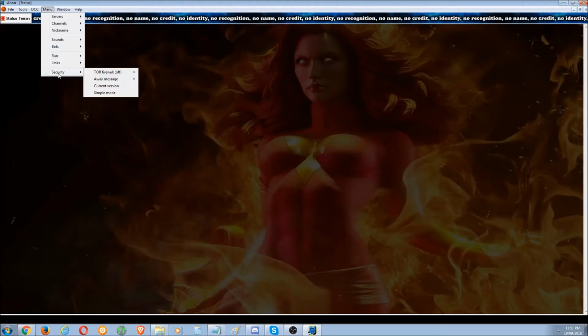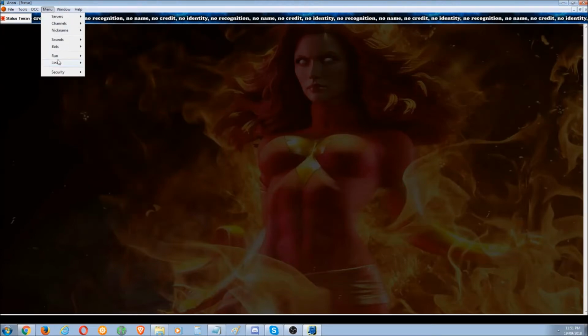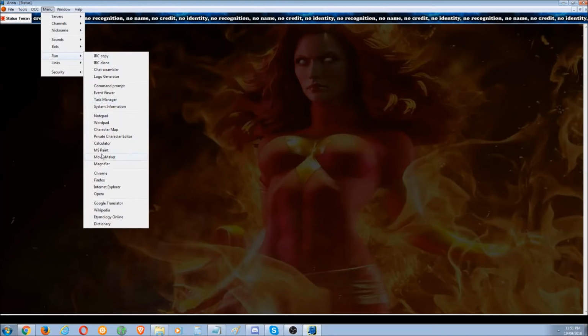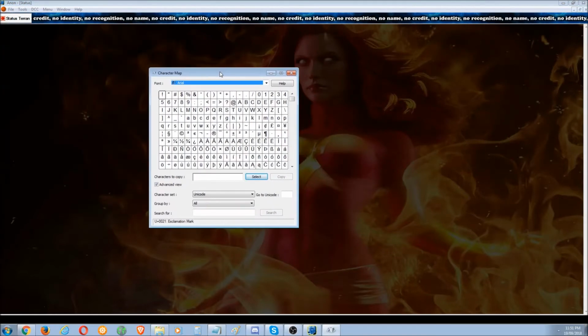You can go to security and just change simple mode and advanced mode. But let's go to menu, run, and this is your access to things in Windows that you can't normally access. The things in there are just a little bit hidden, and one of those things is character map. That's another way to do it, through my Anon IRC client. But whichever way you do it,